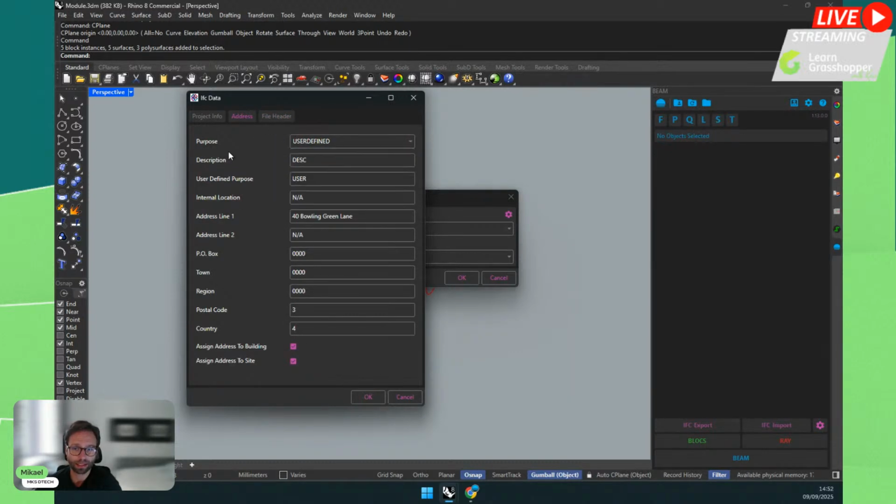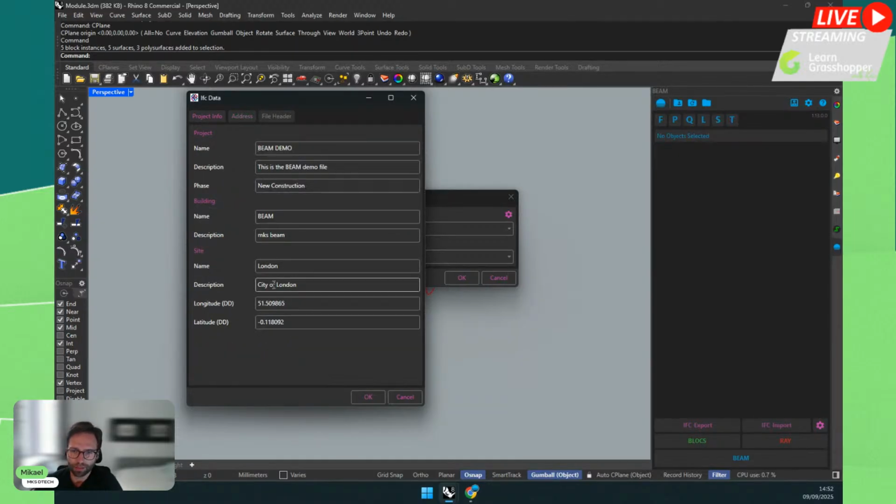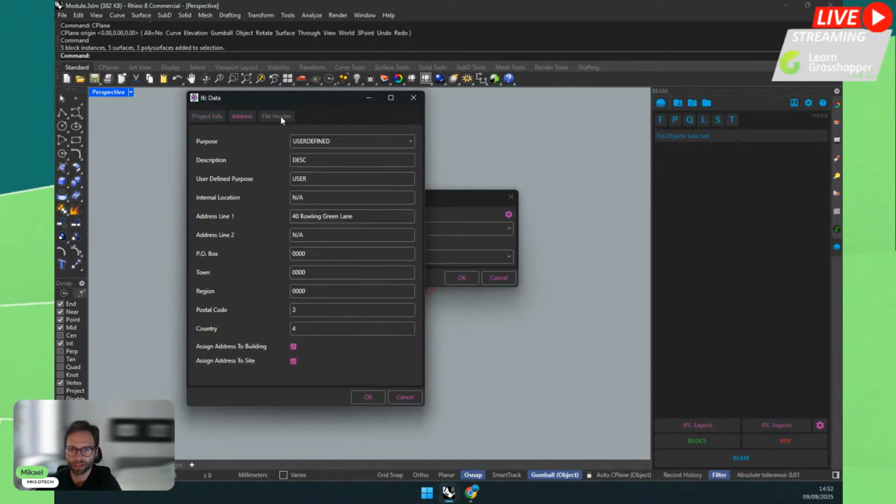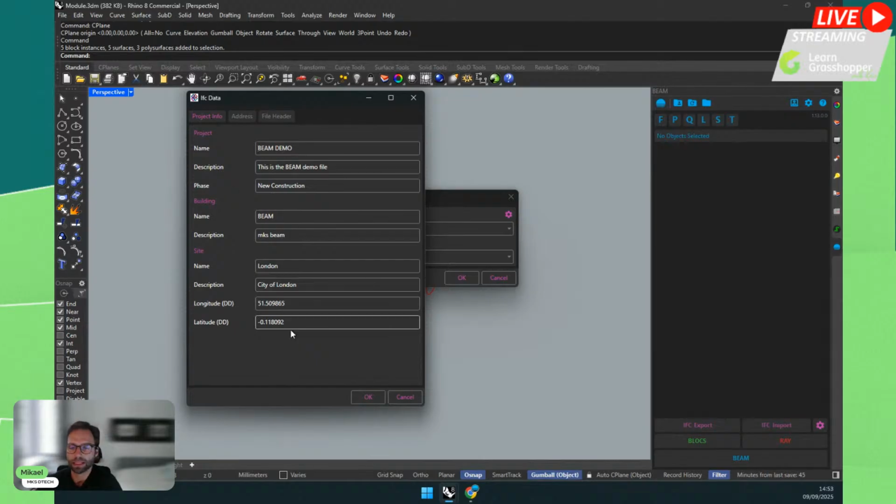Okay, so we can set all the properties for that, including the actual address, and maybe a few other information about the building and site. Of course, every Rhino file will be one building only. In project info, same. So there is also site description, which is slightly different from the address, but that's how IFC does. Address will be the postal address if you're more into the IFC schema definition. But in the project info, we have information about the building and the project itself. Okay, so now this is what we have set in our file, so it's very easy to add. All of this is also changeable in Grasshopper.